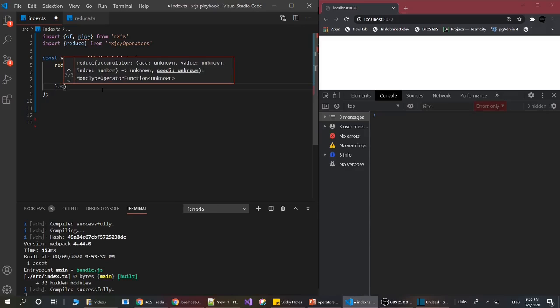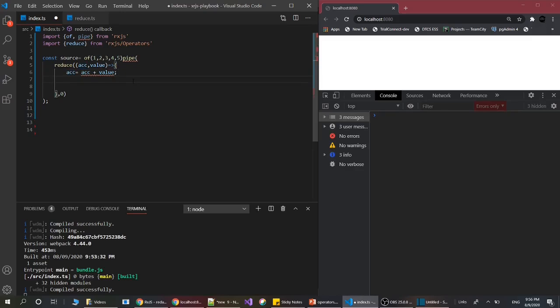Okay, I'm going to give 0, equals to accumulator, meaning at the initial the value will be 0, and after that whenever a value is produced by the source observable, it comes in the reduce operator, and then it will be added into the accumulated variable. Okay, so I'm going to add value. So this is the short form for acc plus value. Okay, and then after that we should return the accumulated value.